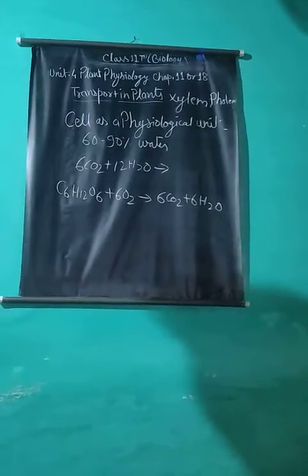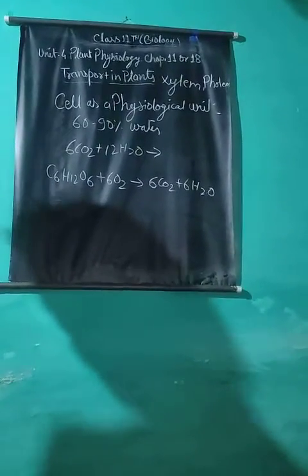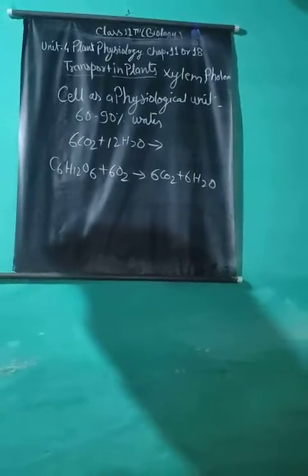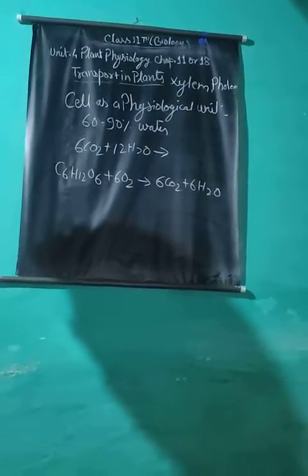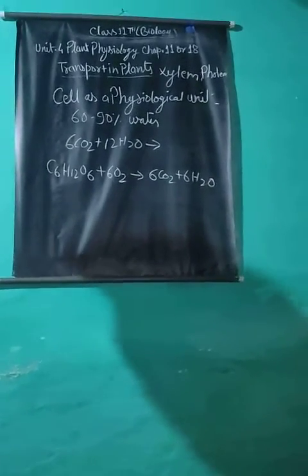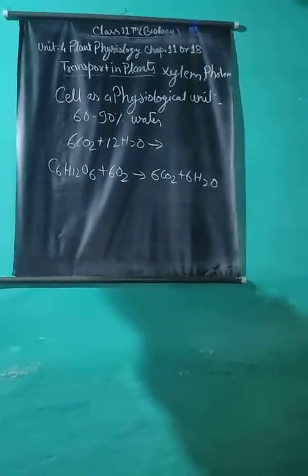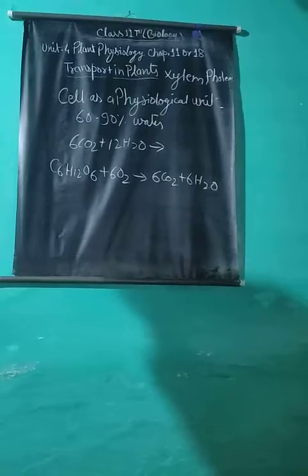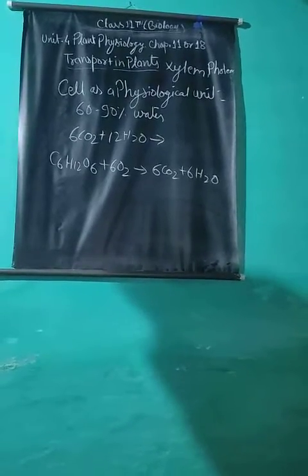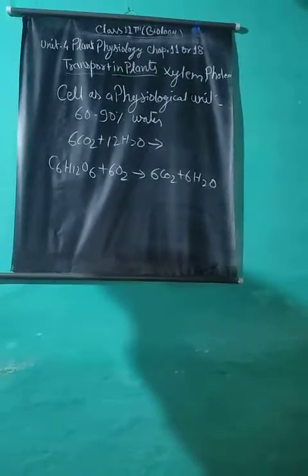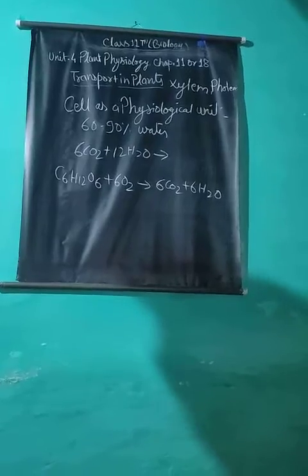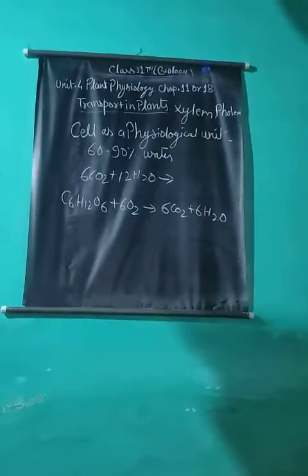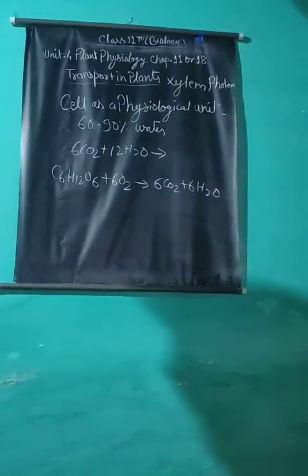In biological processes, water is a reactant or byproduct of biochemical reactions. It also serves as a medium for transport of inorganic salts and food materials. It provides rigidity to plant cells and helps in their growth and maintenance of form and structure. Water is required for germination of seeds.